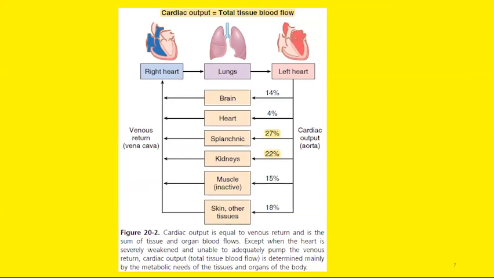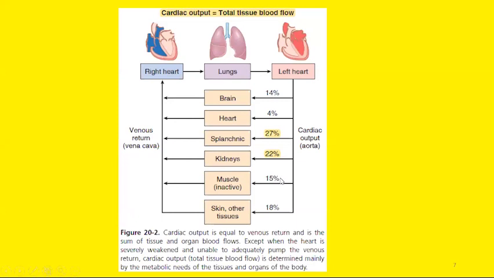So we can also say that cardiac output is the sum of the total tissue blood flow. You can see the left hand side, the left heart, and the right side of the heart. The pumping side is the left side, the receiving end is the right side of the heart. You can see the left ventricle pumps blood into different organs of the body, brain, liver, kidneys, muscles, and the right side of the heart, the right atrium especially, is the receiving side where all the blood enters from the